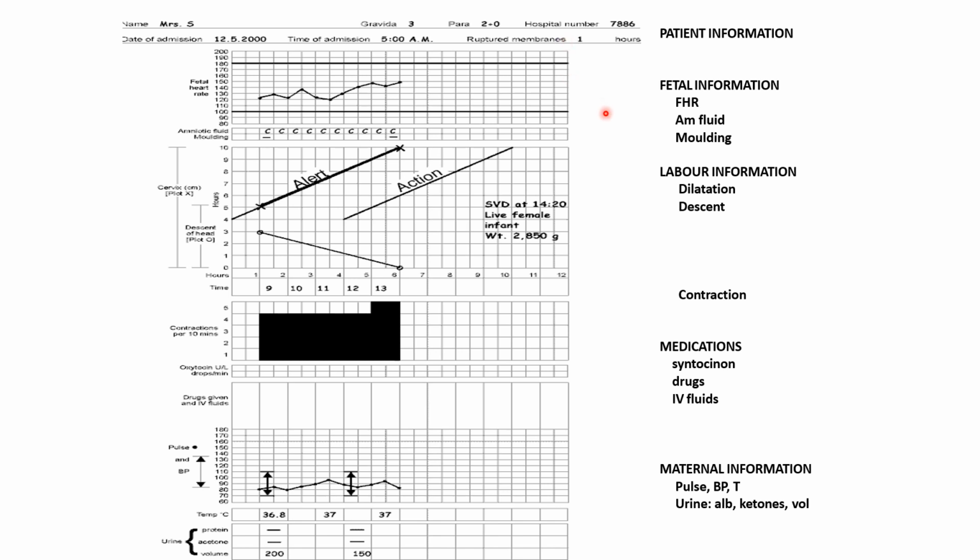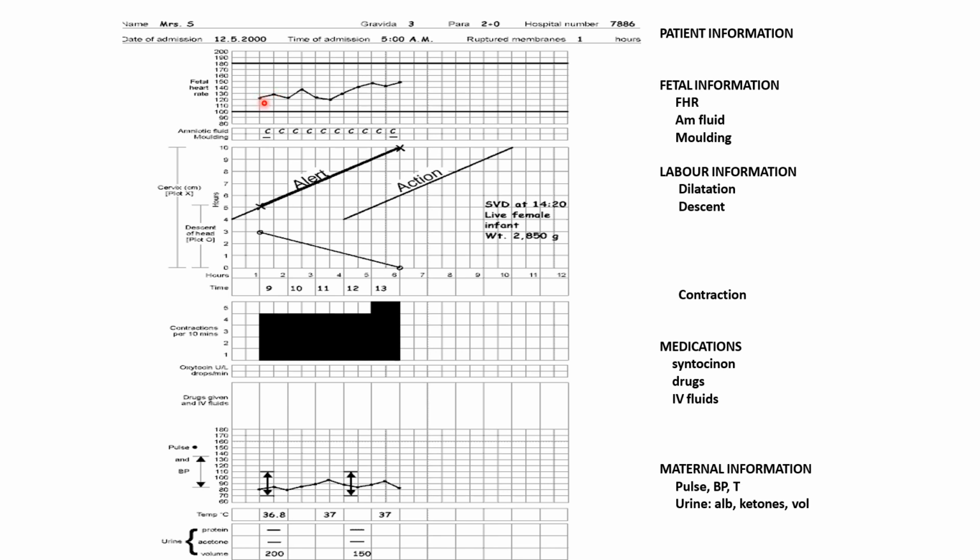Next section is for the fetal information. Up to here, this first section, then this second section. The second splitting, I hope you can see over here. So these two sections are there for the fetal information. The first section shows the fetal heart rate. On one side it is written as fetal heart rate, and the markings over here vary from 80 to 200. Whenever you are assessing the fetal heart rate, whatever you get, you just mark it with a small cross mark over here.